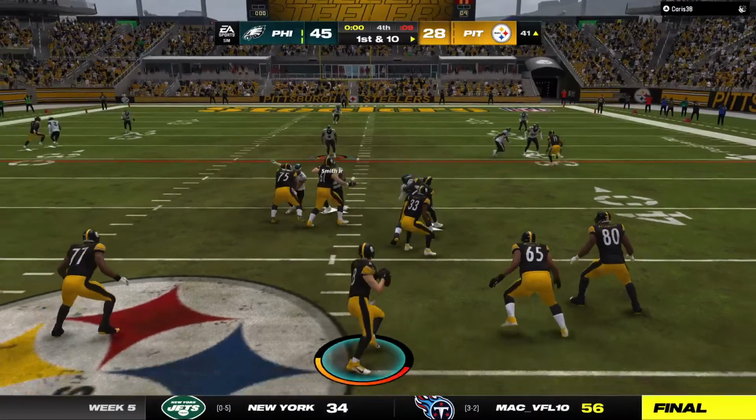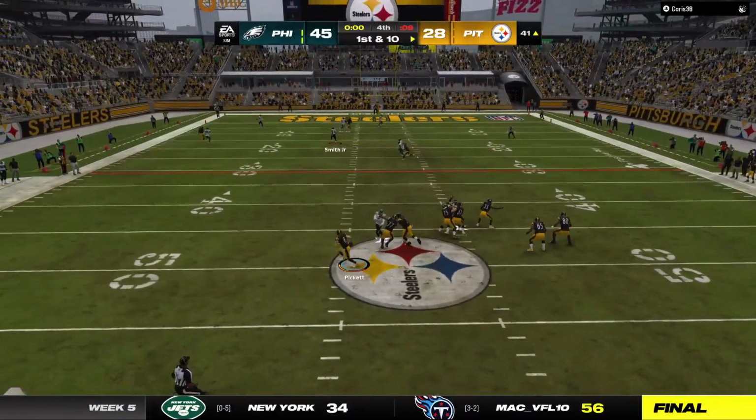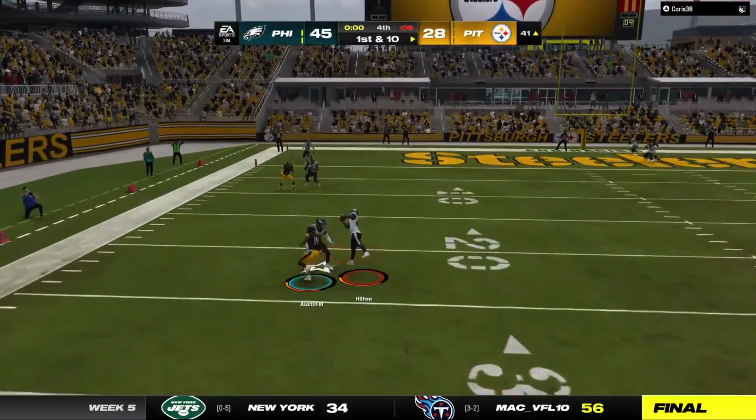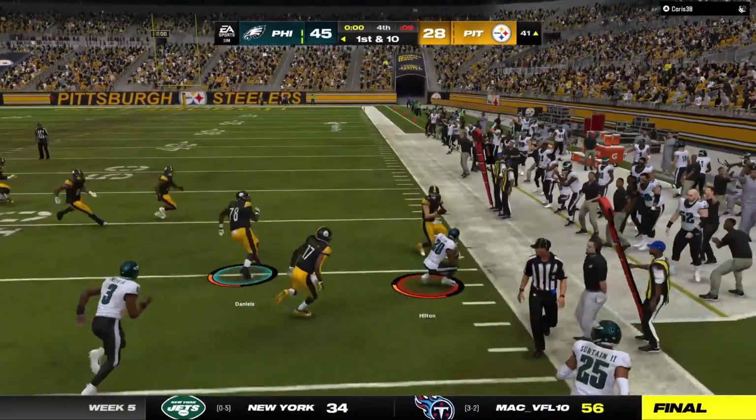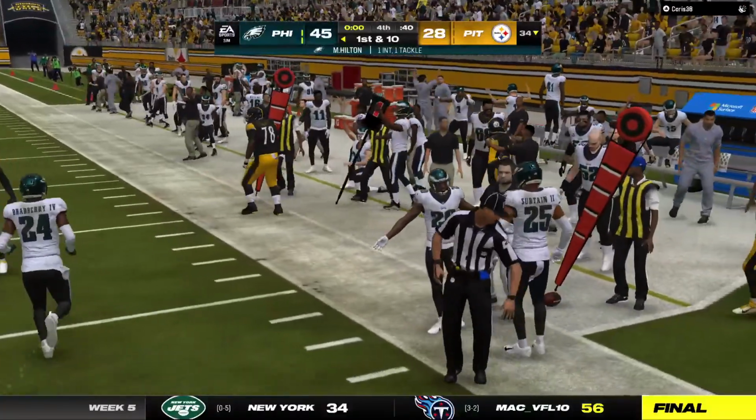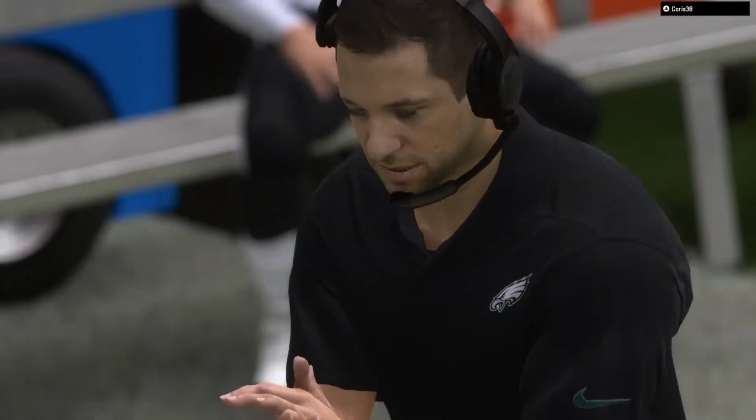One final shot for Pickett. Steps away. And that is going to officially draw the curtain on this one as the last throw intercepted. Picked off by Mike Hilton. And the Eagles are